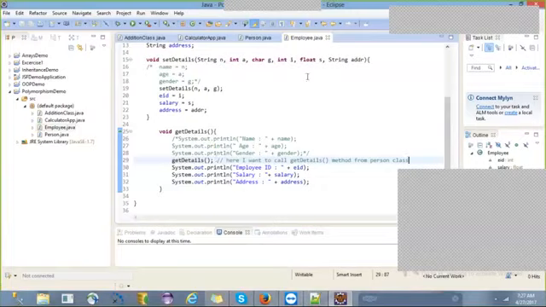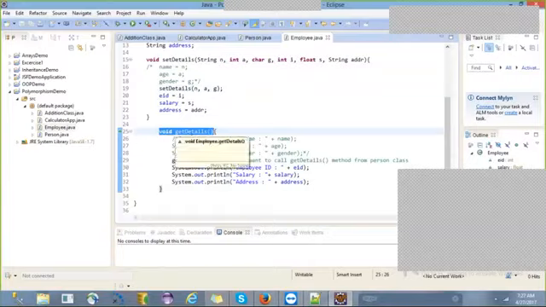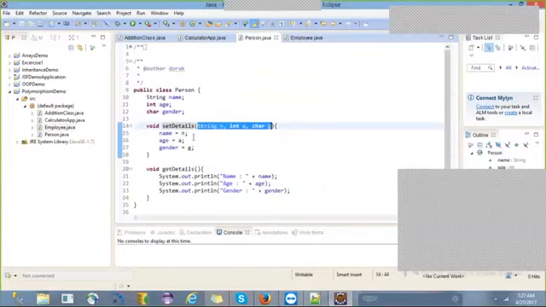Now let us write the main method, and here you observe what we have done. In the subclass I am writing void get details. In the person class also, I have the method void get details: the return type, method name, and number of parameters.